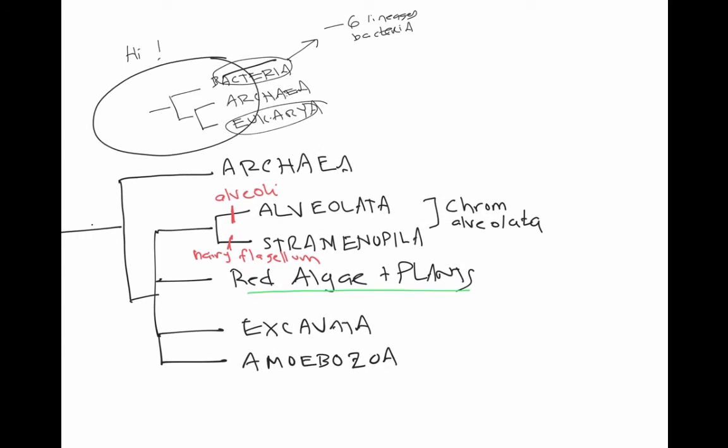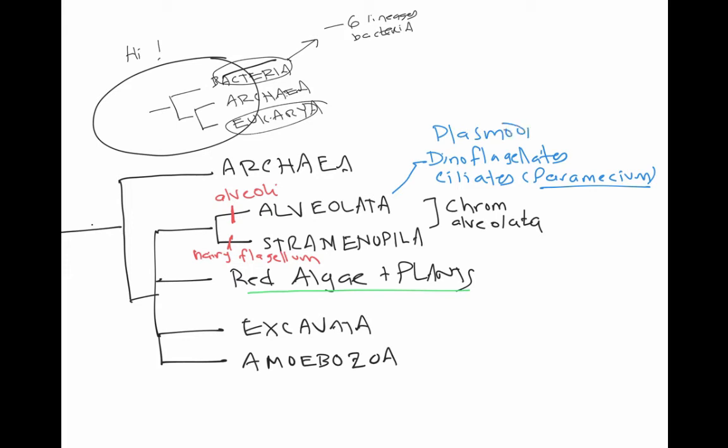For alveolata, I asked you to know that they are dinoflagellates, ciliates, you need to know paramecium, and plasmodium. And of course, plasmodium is associated with malaria. For Stramenopila, you need to know that this is the brown algae group. It includes kelps, seaweed,